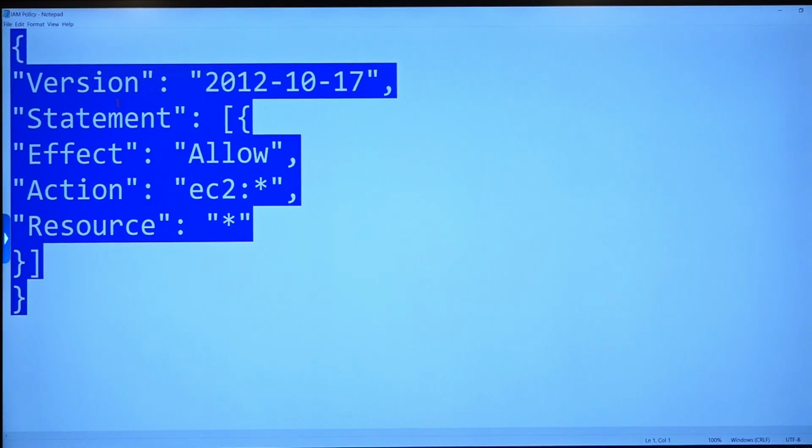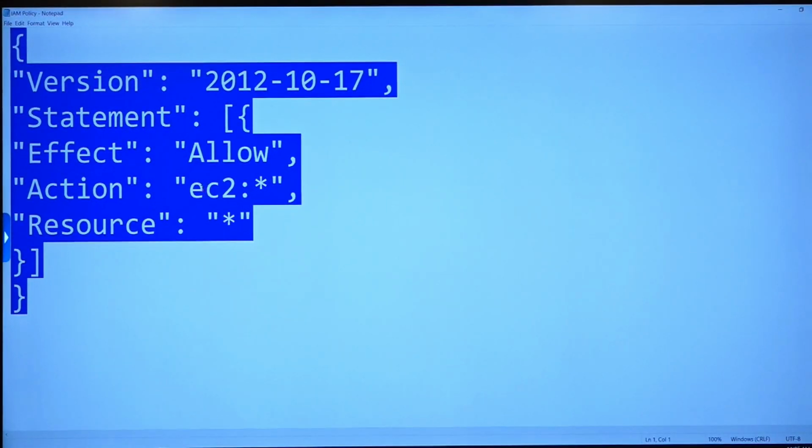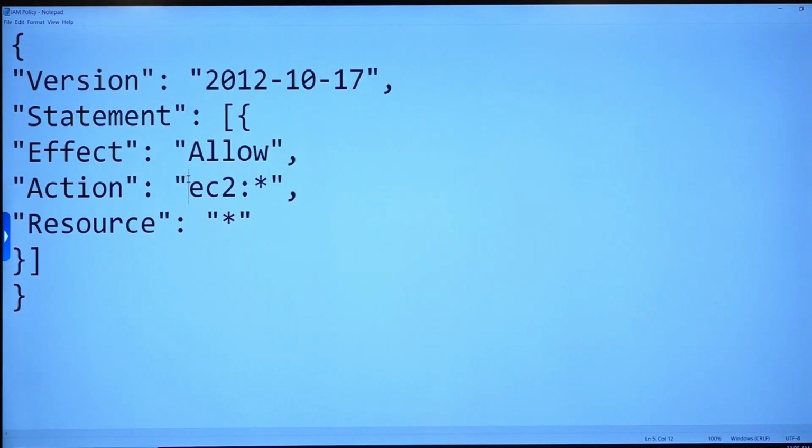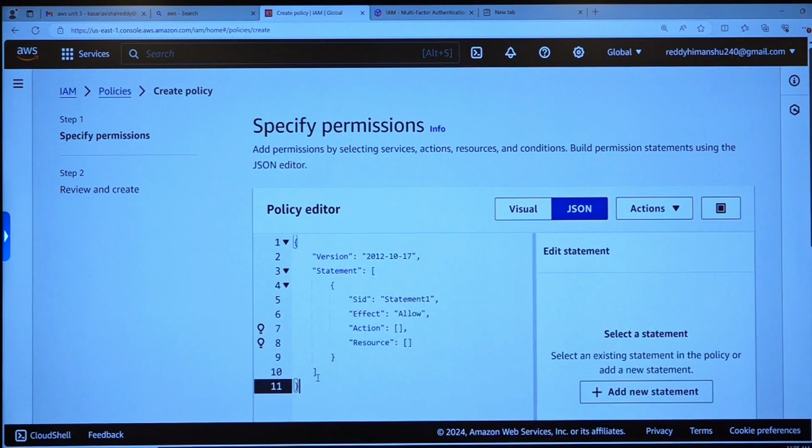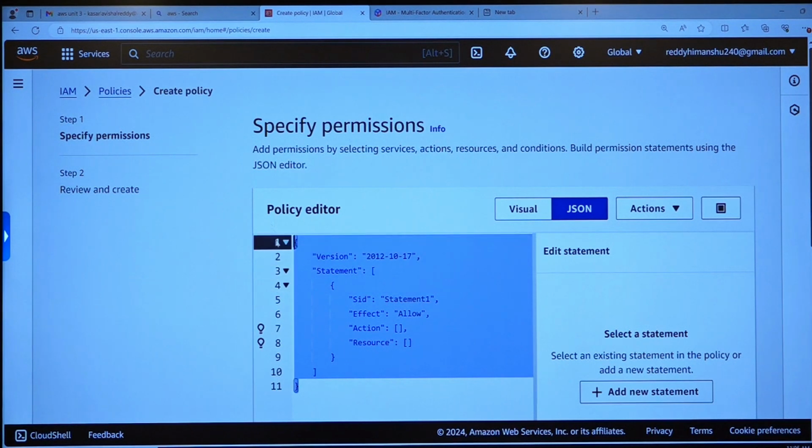I will copy this, where I am allowing a particular user whom this policy is attached to perform all the activities on an EC2. They can add an EC2, they can launch, they can terminate, they can restart, they can stop, whatever actions. And star is said to be a wildcard character for allowing access to all sorts of instances for a particular user. I had copied that, I will just paste it over here,